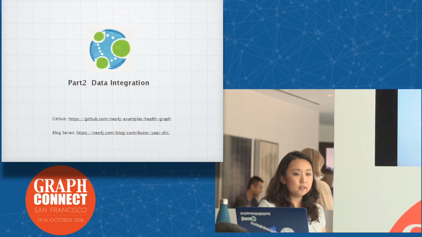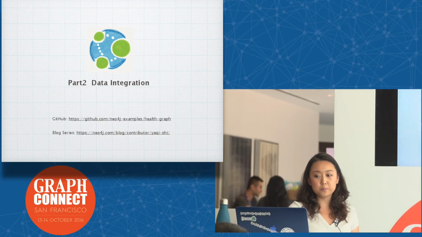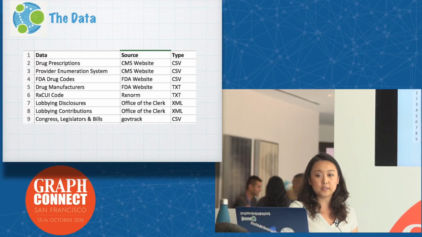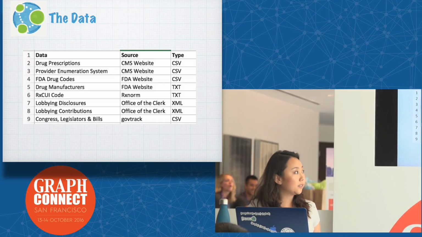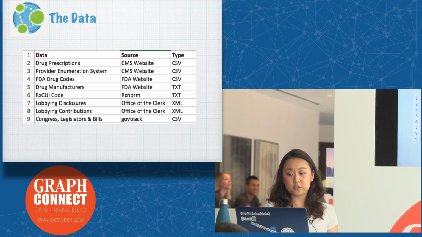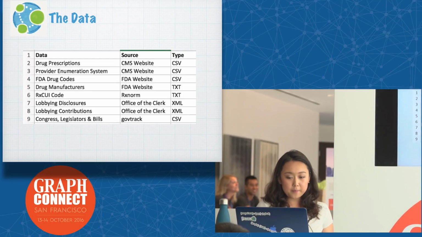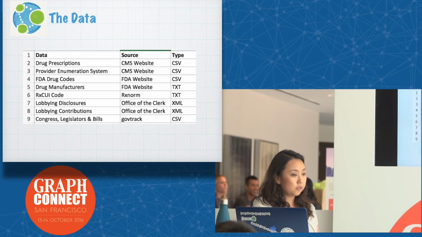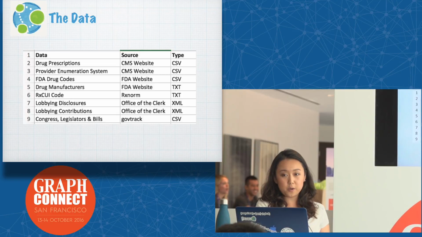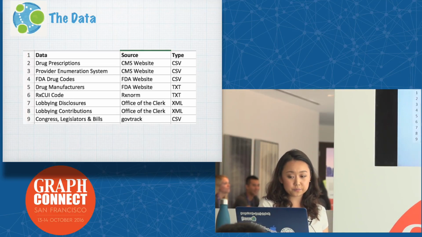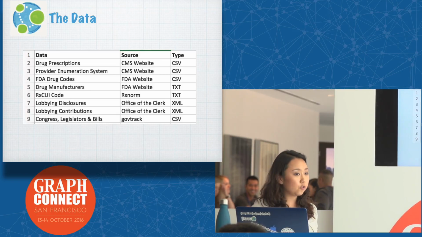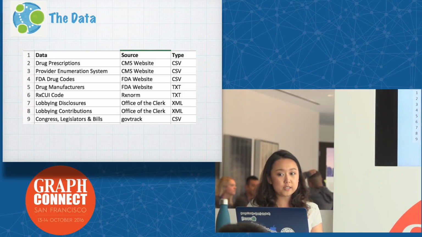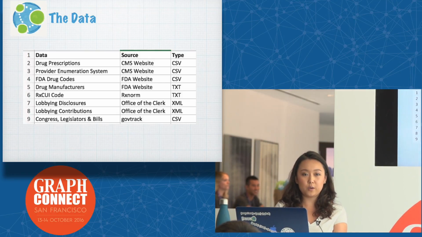So after having the data model, I moved on to looking for the data sources. This is the list of the data that I integrated into my health graph. As you can see, there are different sources that also cover different types of data. One of the challenges for me when I was doing the data integration is working with those open data